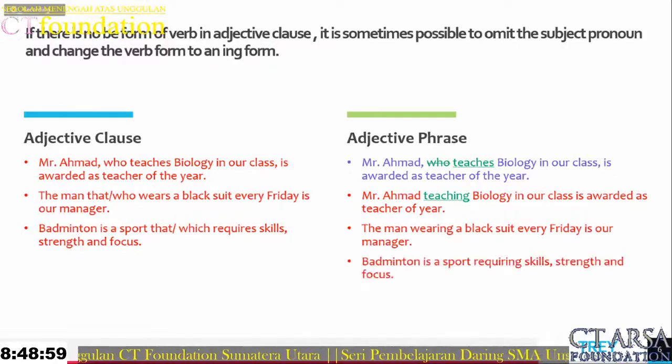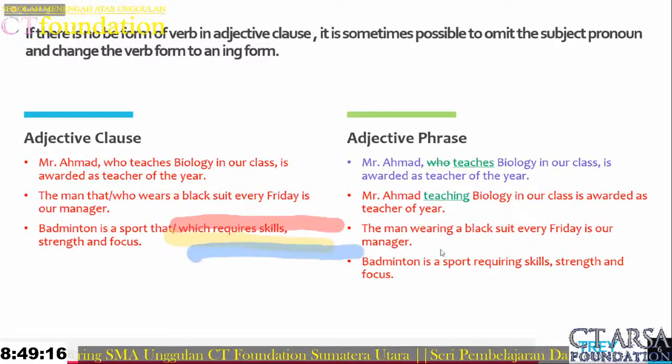Number three, badminton is a sport requiring skill, strength, and focus. Okay, badminton is a sport. So the adjective phrase is describing the sport. The adjective phrase is describing the sport here, a sport. Okay, right. So now we are almost at the end of our lesson today. And before that, I'm going to give you